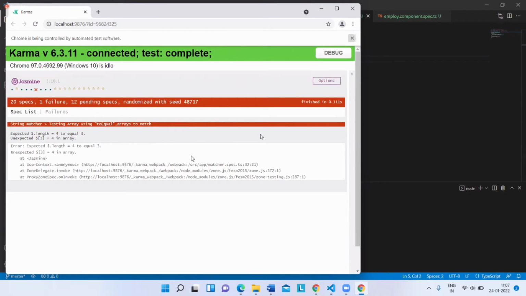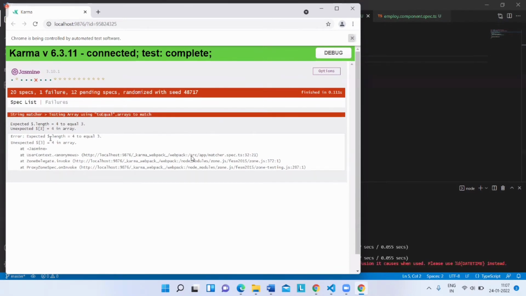When we rectify this array, I'll show you where it is. This is where exactly one test case I have written has failed, because this array is expected to have 4 elements, but it has been given only 3.